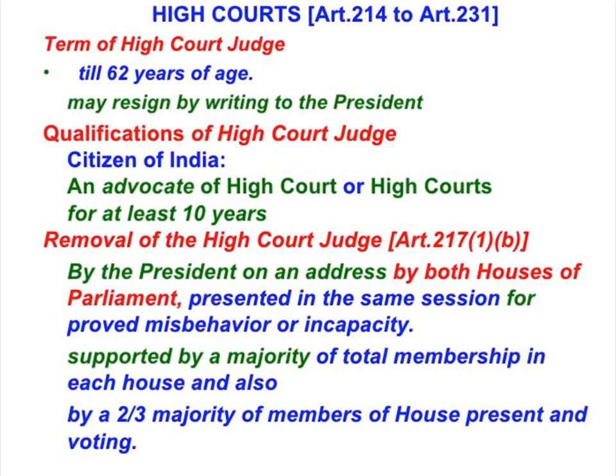1. Appointment of judges. The appointment of judges of the High Courts lies within the judiciary itself and is not connected to the legislature or the executive. 2. Tenure of the judges. High Court judges enjoy security of tenure till the age of retirement, which is 62 years. A High Court judge cannot be removed except by an address of the President. 3. Salaries and allowances. The High Court judges enjoy good salaries, perks and allowances, and these cannot be changed to their disadvantage except in case of a financial emergency.